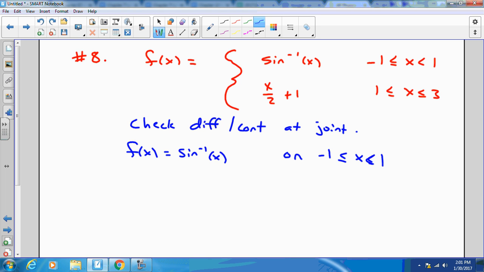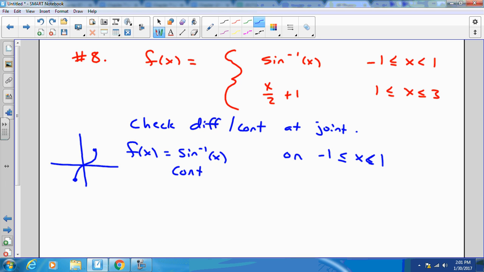On -1 to 1, you may or may not remember the graph of inverse sine, it looks like so. It is continuous because sine is continuous, and it is differentiable except for the vertical tangents at x equals -1